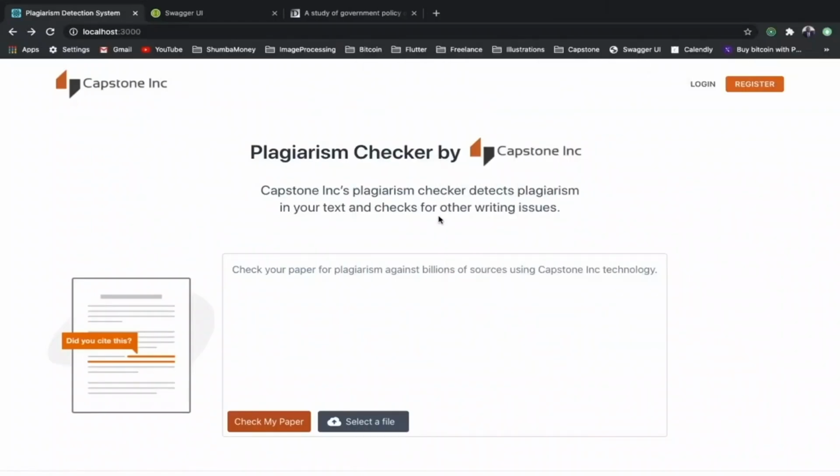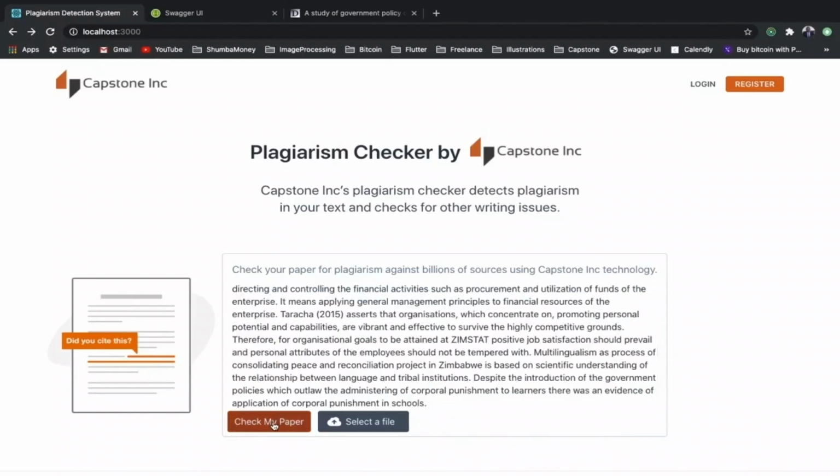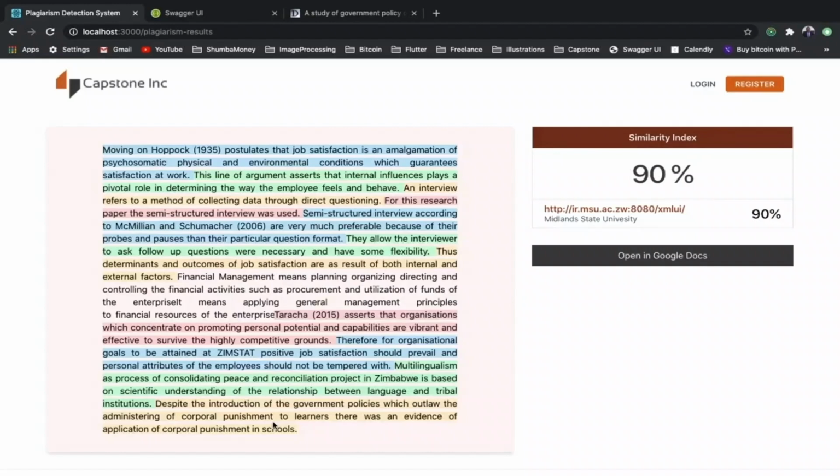Capstone is a plagiarism detection software that sits on Google Cloud. It allows students, authors, and researchers to check their work for plagiarism to improve the quality of intellectual outputs. Capstone accepts text, PDF, Word documents, and images as input. In this demo, I paste a short article and submit for plagiarism check. A color-coded similarity report is generated and shows that I plagiarized 90% of the paper. It highlights the plagiarized content and shows the primary source document on mouse hover. In this case, the primary document is document 3034.